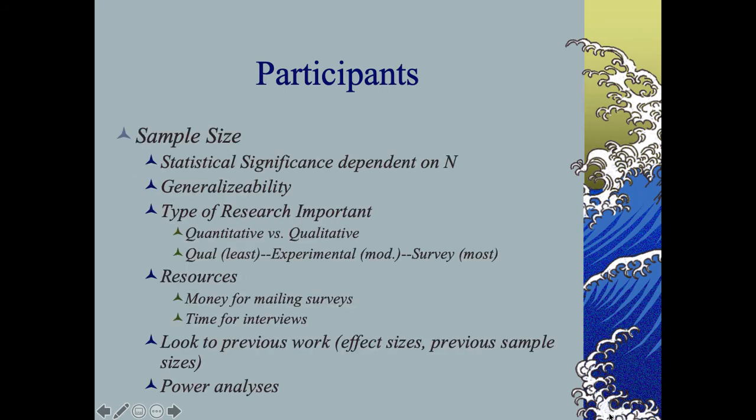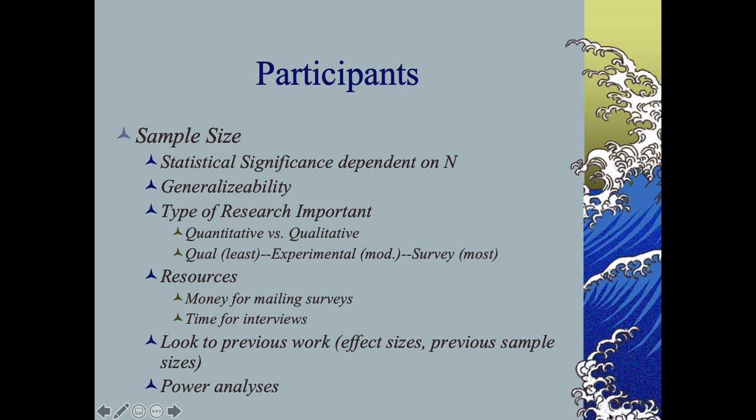And then finally, how many would you need, right? This is basically for statistical testing and that sort of thing. So the more the better, but the type of research sort of governs that, right? Qualitative less, quantitative more. And this is guided by previous studies. They'll give you ideas how many they used. So look to some of the studies you gather and see what they used in terms of the number of participants they had. But we won't be requiring you to do power analyses or anything like that.